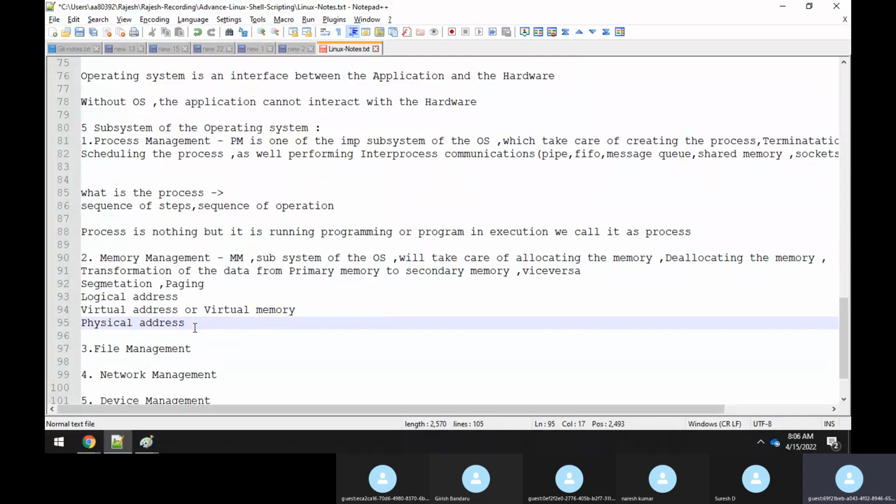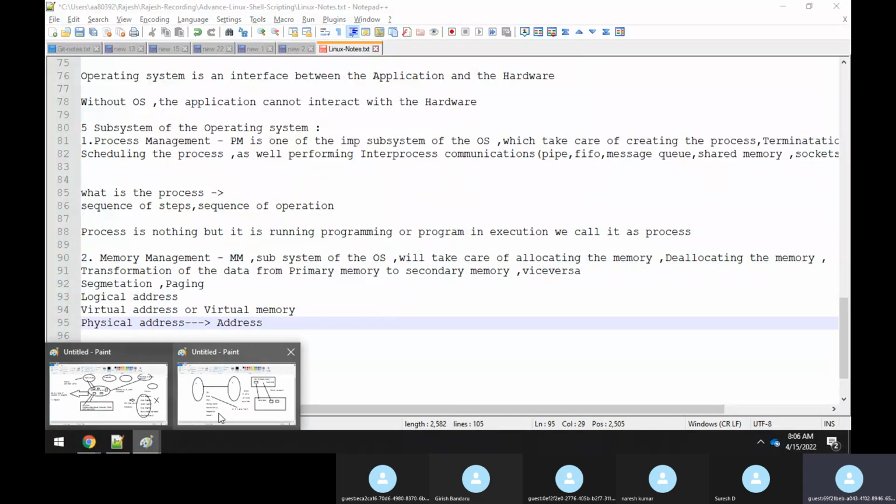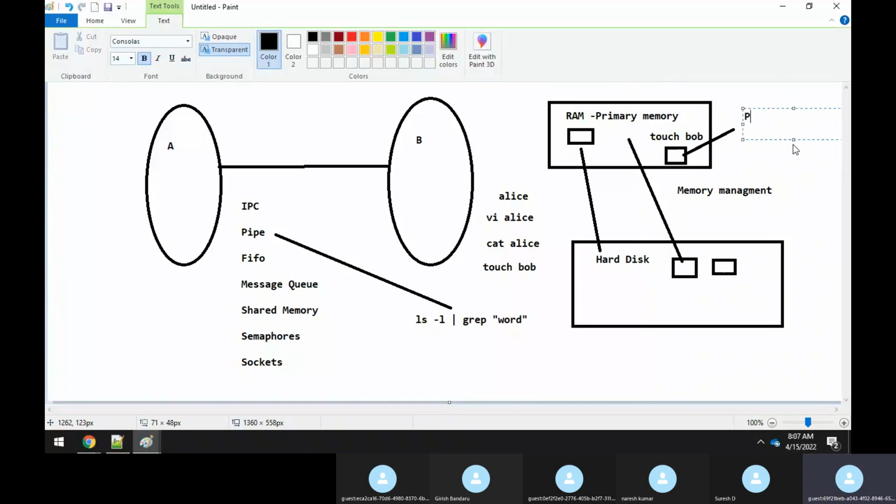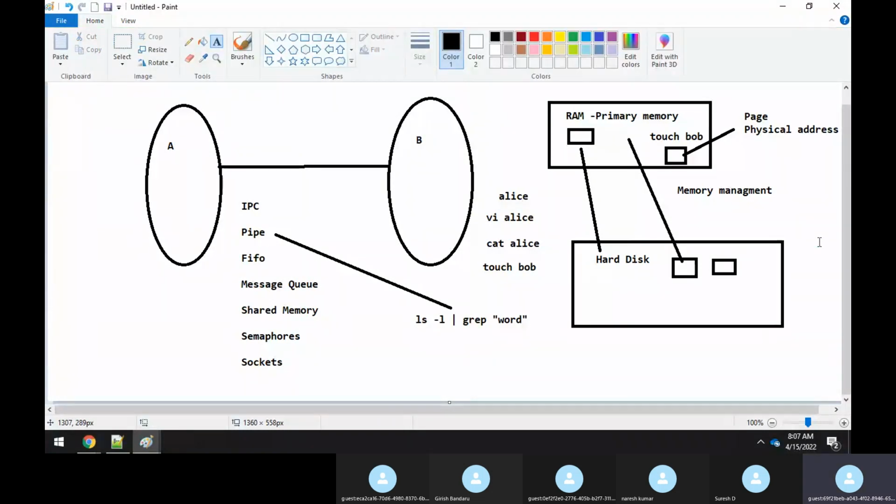Physical memory, you say that it refers to some kind of an address. Correct. So whenever you're working on RAM, each and every RAM memory has a concept like pages. Actually, we will go into detail after some time. I'm just telling you for your knowledge now. It is something like a page, but it's a physical address, guys. Just understand that. That's all. Okay. So that's how you have to understand.